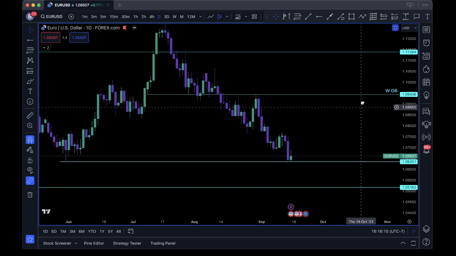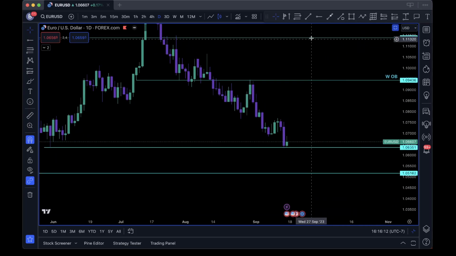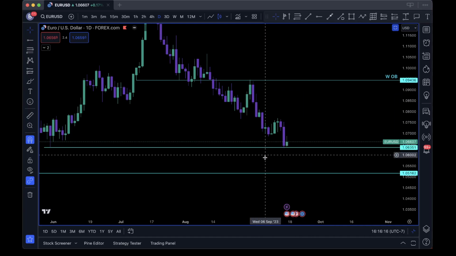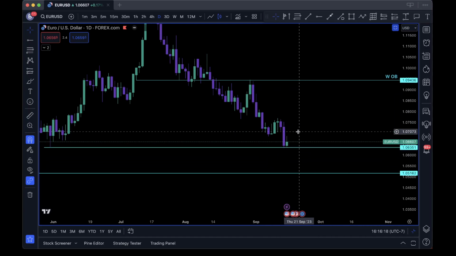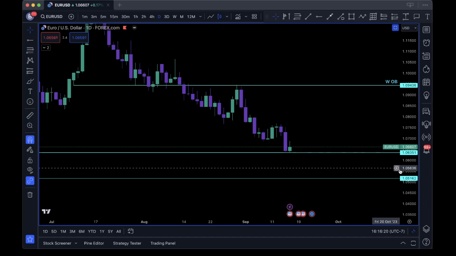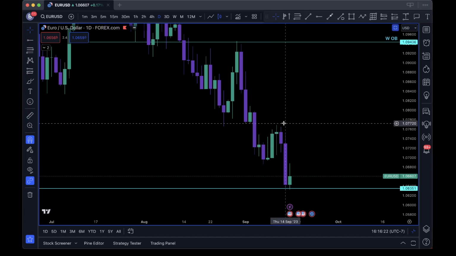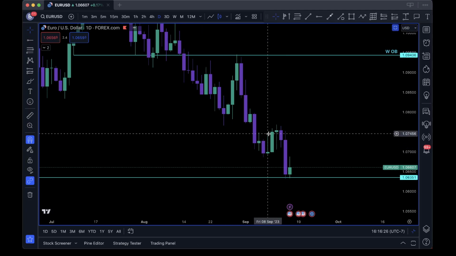Cool. Here we are in the daily Euro, weekly order block. We don't need this line here. We get it. Cool, let's get rid of that and clean it up. We snagged this liquidity right there. And then the market paused, right? So we were short this market from here this week, right? And I did a video midweek, because I got chopped around a little on this.